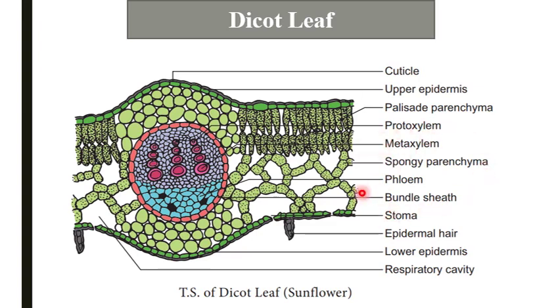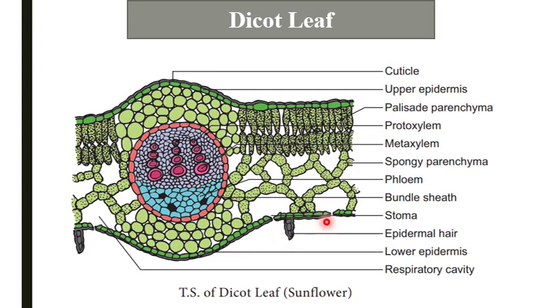Now, mesophyll. Mesophyll usually has two regions, the palisade and the spongy parenchyma. Palisade parenchyma usually contain more chloroplasts, like we can see in this diagram, in this section towards the upper epidermis. Palisade parenchyma are present, and thus its function is in photosynthesis. On the other hand, spongy cells are irregularly shaped and loosely arranged so as to facilitate gas exchange within the air spaces, like this. These white colored chambers are filled with air.